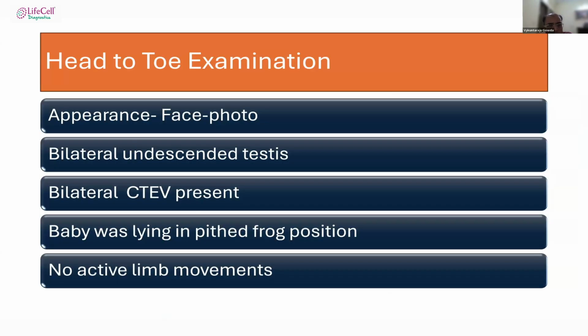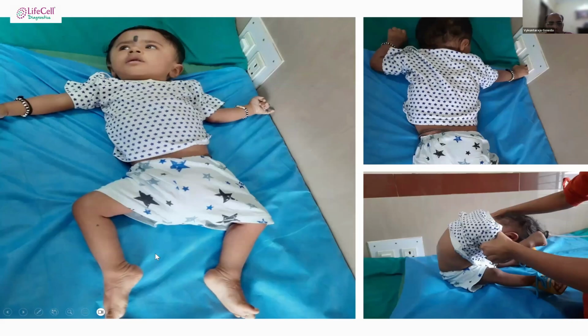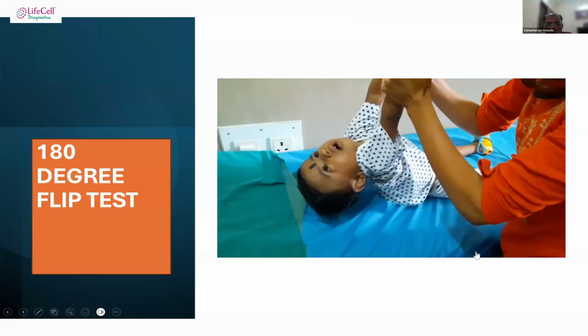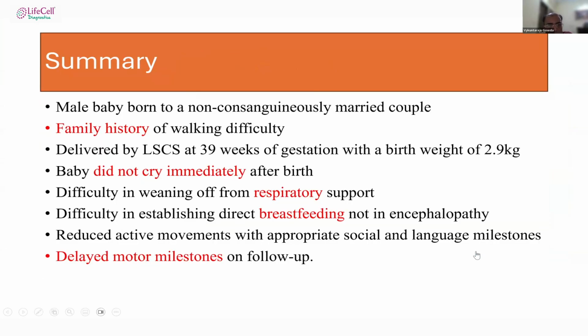On clinical examination, the face shows an inverted V-shaped upper lip, and an undescended testis was also there in this child, and CTEV also was there, and a peripheral floppy child appearance, which you can see. So this examination and the family history give an important clue for diagnosing this child. To summarize this case, the family history is very important, and examination of parents is also important. With some atypical features in a case of HIE, you should always consider other rare possibilities because the diagnosis is different